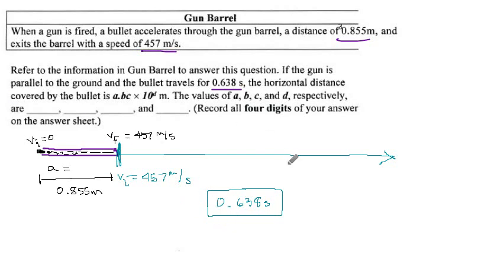Well, okay, after all that, it turns out the formula for this is still very simple. It's distance equals vt. All the complicated stuff with the acceleration happened inside the barrel, and I don't think that's what they actually want. They just want how far did it travel after leaving the gun. The velocity is given as 457 meters per second. The elapsed time is 0.638 seconds. And if we multiply those,